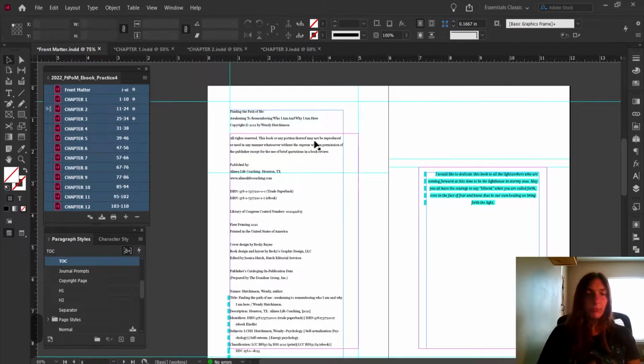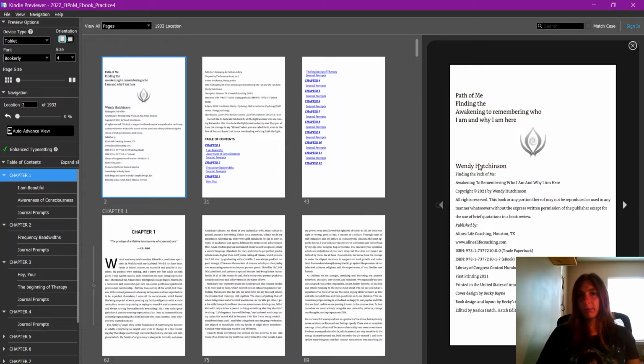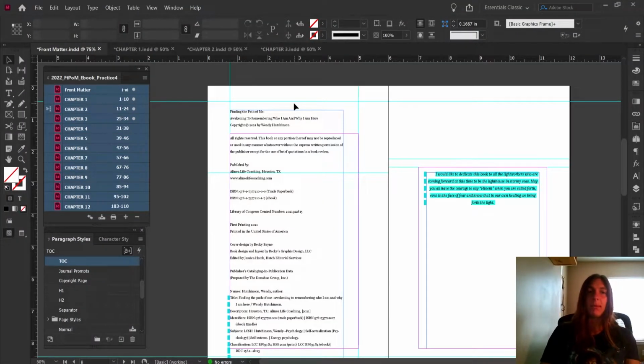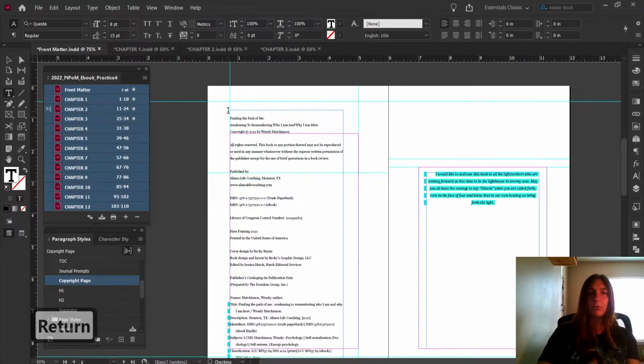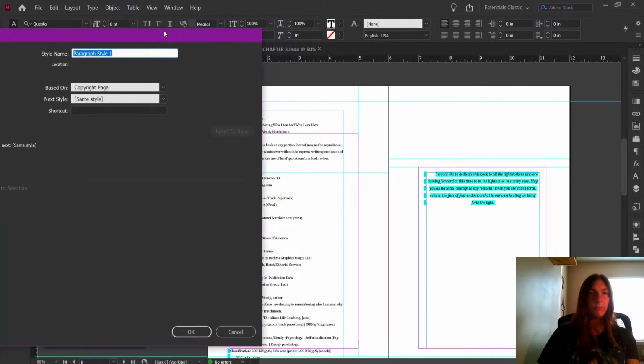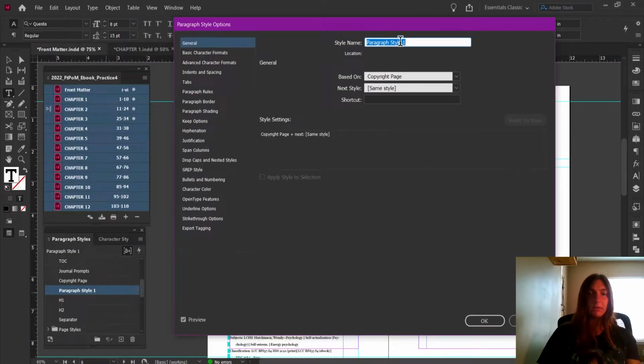All right. Next thing we're going to talk about is our copyright page. Currently, our copyright page is flowing exactly behind our title page, which we can see right here. I want to add a page break just before this so that the copyright information starts on its own page. So we are going to make what I call a page break style. All that means is I am going to make a new paragraph style. Doesn't really matter what the style is,